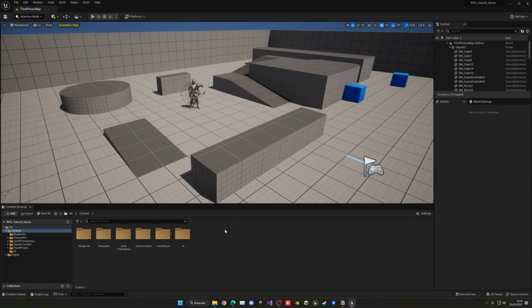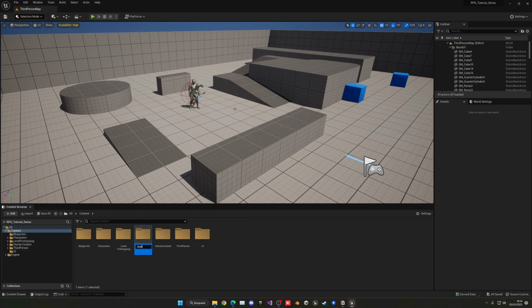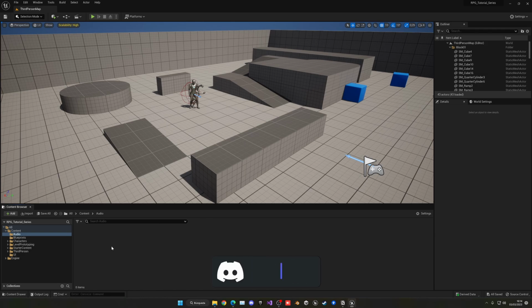Alright, so the first thing that we're going to do is go ahead and create a new folder for our audio. So here we'll place all of our sounds basically. Let's go ahead and enter, and we're gonna create some categories. So let's create a new folder, and the first folder is going to be for footsteps, and then we're going to create another folder, and it's going to be basically for grunts or hits. So we just put grunts / hits